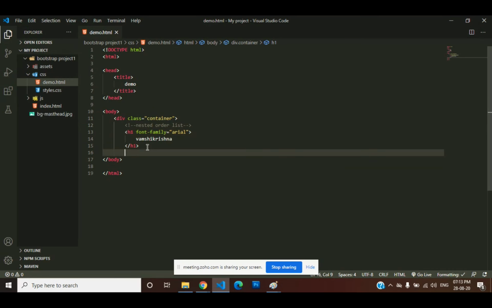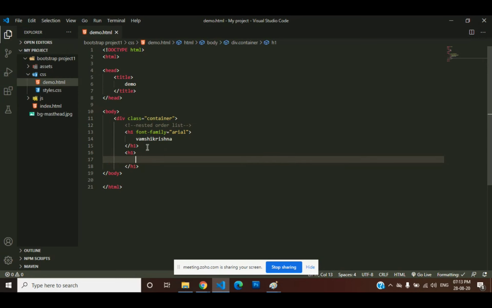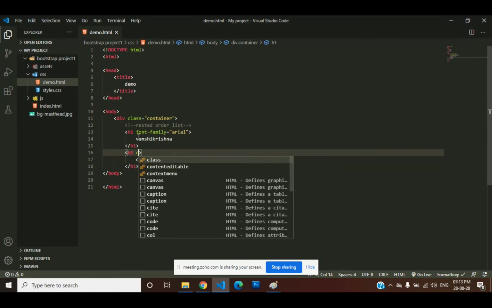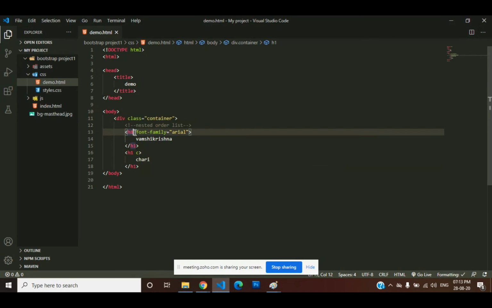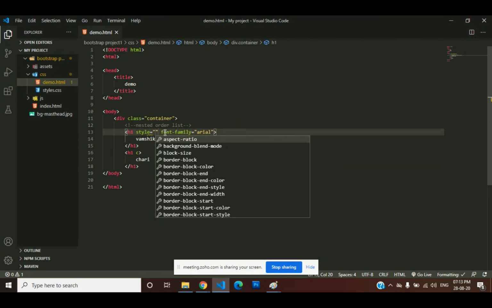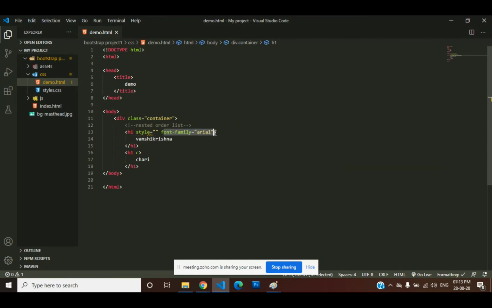Now coming to another H1. Now I am applying color. If you want to insert, you must insert style. Why should we use style?